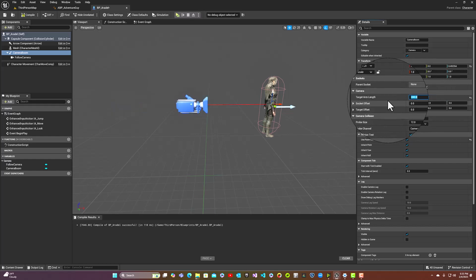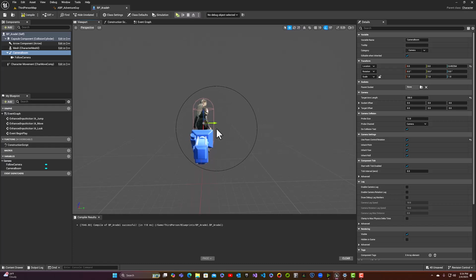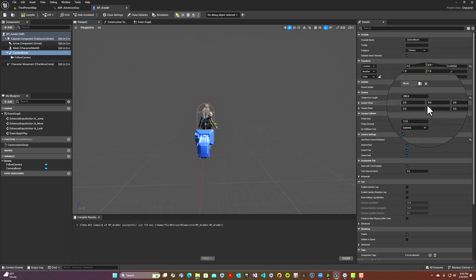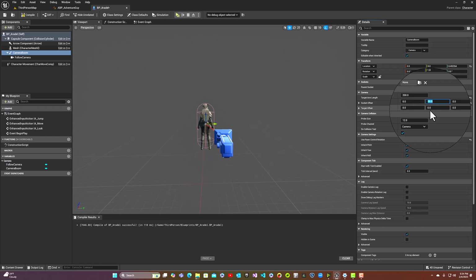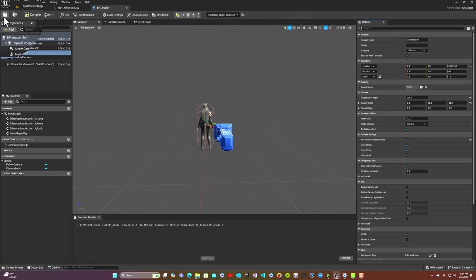And also, I'm going to set an offset on the y-axis so that it's not centered on her direct back, but it's going to be more like that over-the-shoulder perspective. So socket offset is what we want to adjust, and on the y-axis, let's offset that by maybe 50 units, okay? And we can maybe bring it up on the z-axis, I don't know, 12 units, maybe 15 units. We'll see. Compile and save, and when we play,